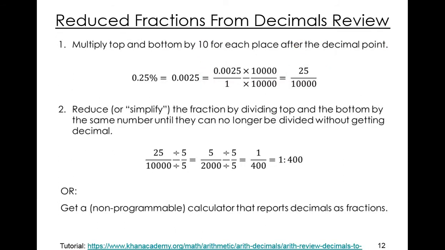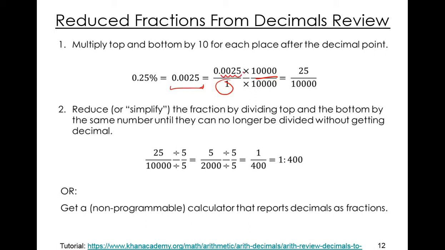Because ratios are often expressing very small concentrations that don't look pretty as percentages, this slide outlines the procedure that you'd use to go from decimals to ratios. In step 1, you'd convert a decimal like this one into a simple fraction by just placing it over 1. That's the same number, it's just with a 1 in the denominator position. You then multiply the top and the bottom by a number that has enough zeros to eliminate the decimal. In this case, we can multiply by 10,000 to eliminate the decimal,